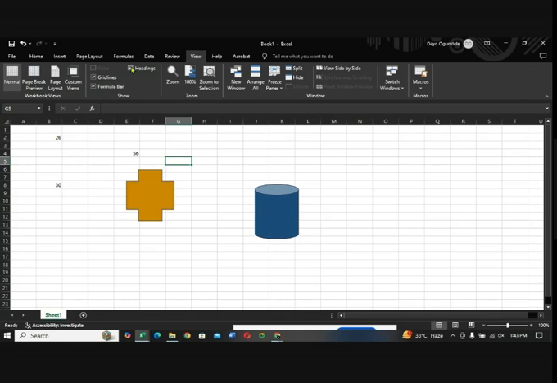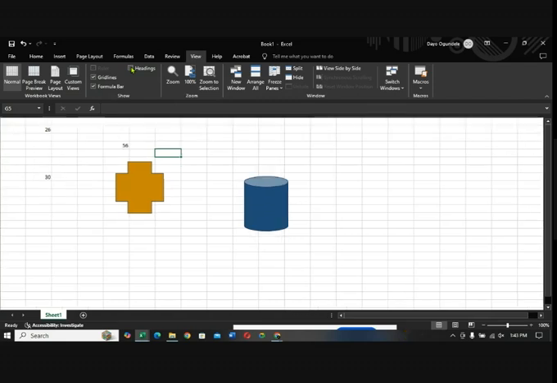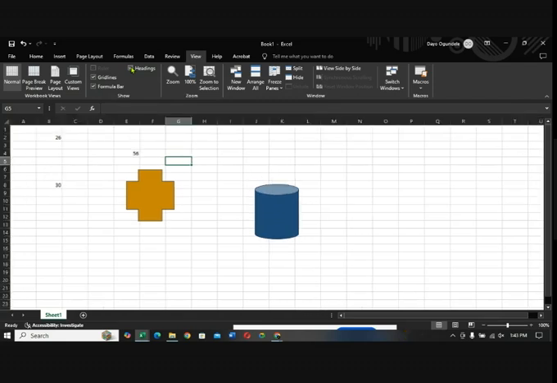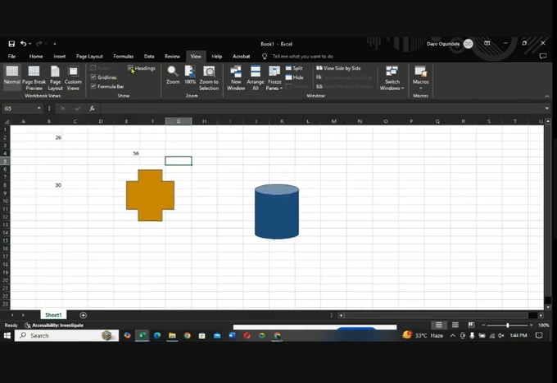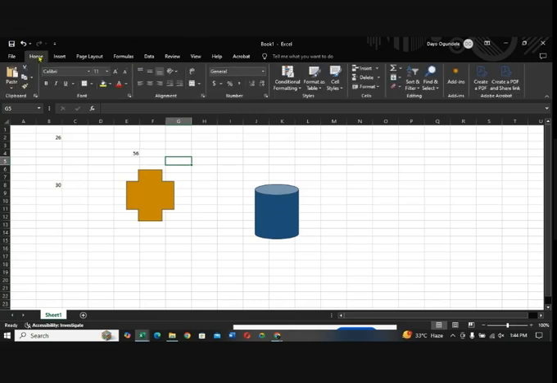I can say remove the heading. If I click here, it will automatically remove the heading. You can also put it back. The heading is showing the alphabet at this point, then it has the number. So I can remove the heading and I can choose to display the heading depending on how you want your details to be presented. Then I haven't explained all of that. When you come back to your home, I told you that the home is the most used tab that we